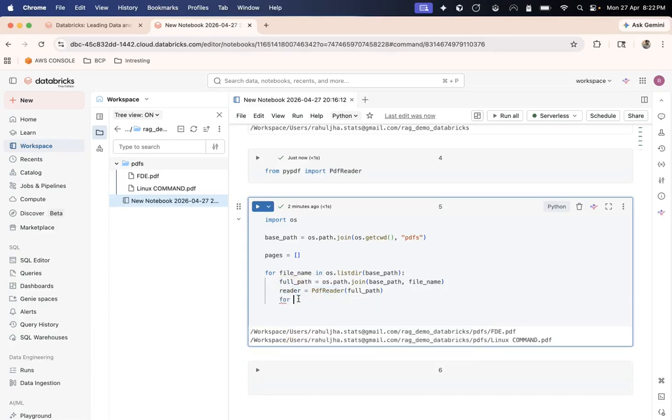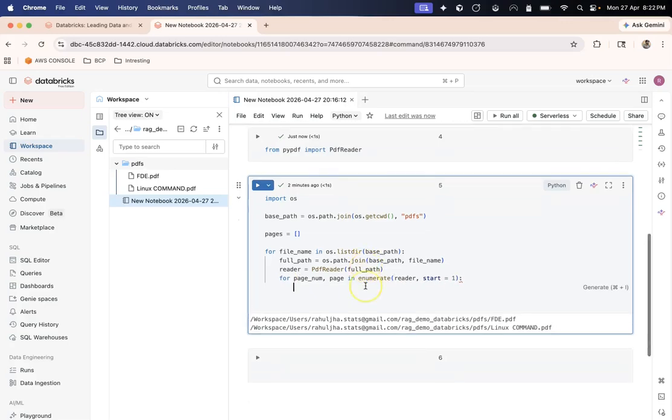What I can do is something like for page number and the actual page in, I can enumerate this iterator by passing the reader. I can start it from a number. I don't want to start from 0, because 0 is the default behavior of Python. I want to start with 1, and you will see why I care about the indexes and why I want to start from 1.